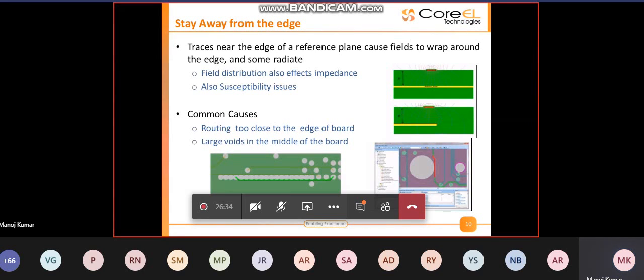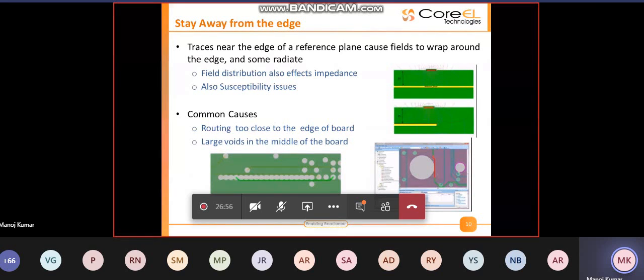What are the other ways you'll have an electromagnetic field radiated inside your design? One example will be having traces close to edges. Traces near the edge of a reference plane cause fields to wrap around the edge, and some of them may radiate.